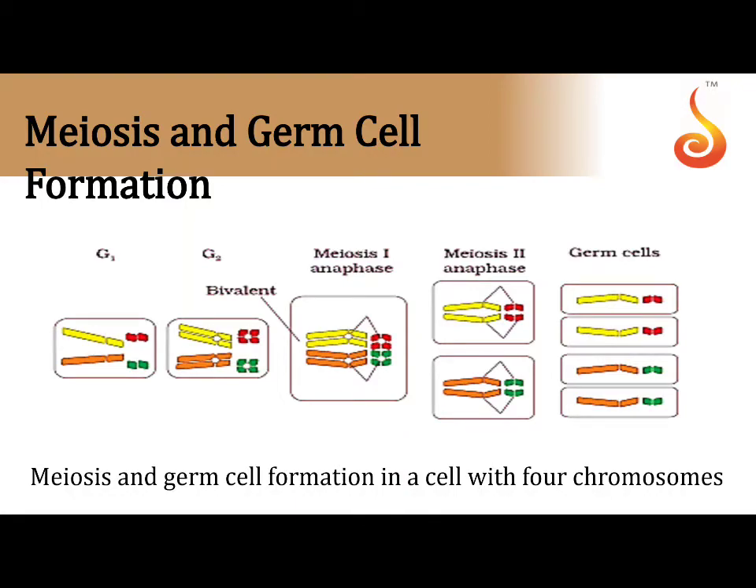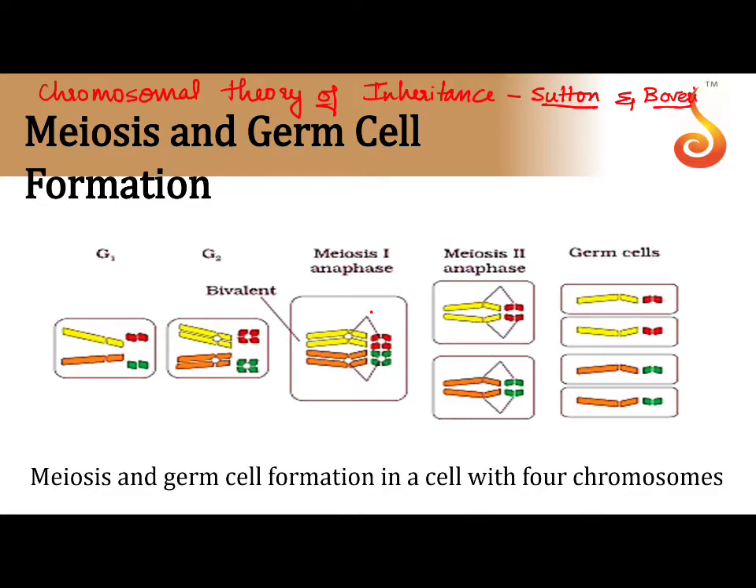To understand the chromosomal theory of inheritance discussed by two scientists, namely Sutton and Boveri, we need to understand how meiosis helps in the formation of germ cells. This will also give us an idea about independent assortment